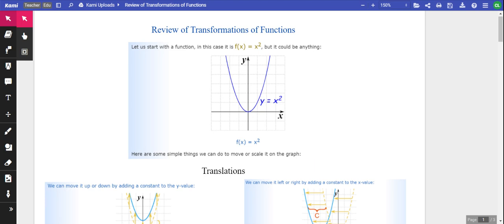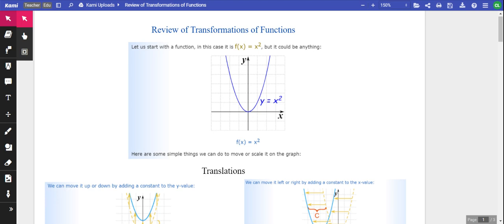Here's a quick review of transformations of functions. I'm going to start with just going through the functions on this video and what the transformations look like. And then I'm going to make another video where I actually show you those transformations on different graphs, and then you can practice some. So transformations, you always have to start with a parent function, with something that has nothing